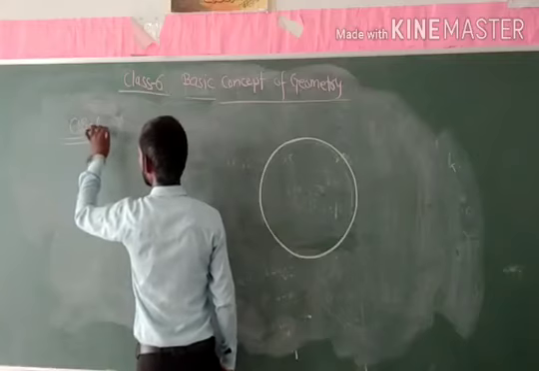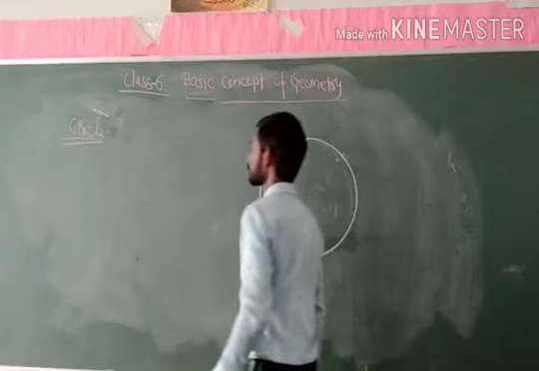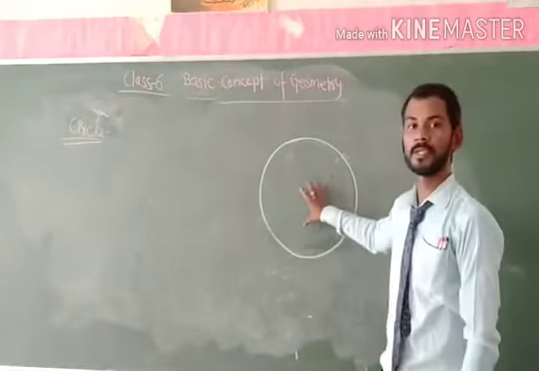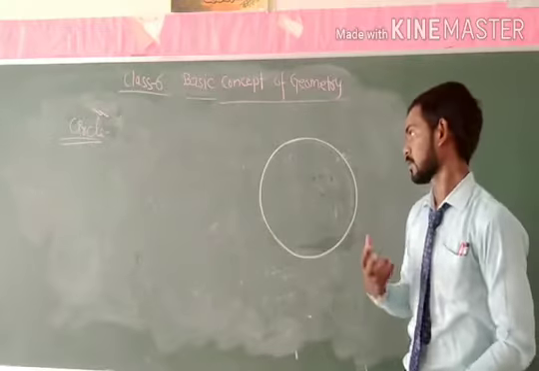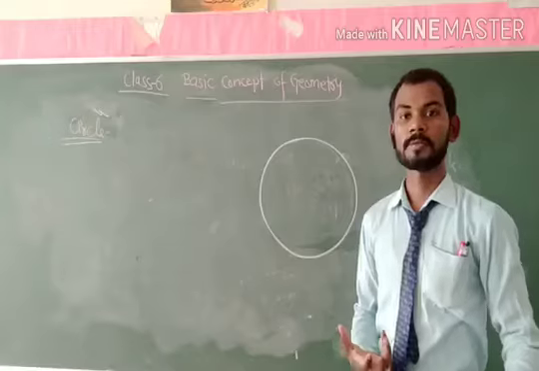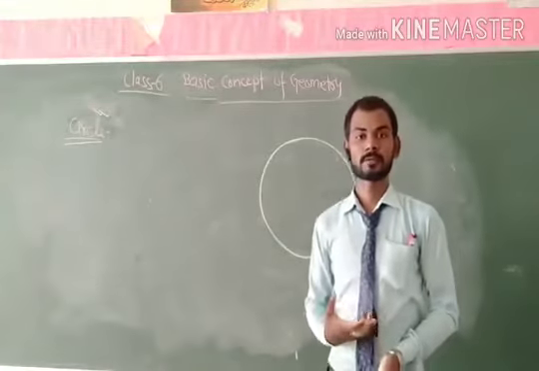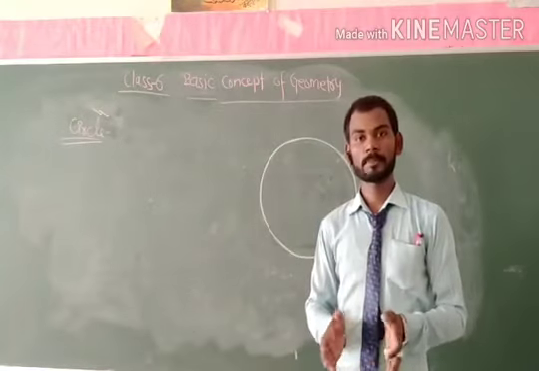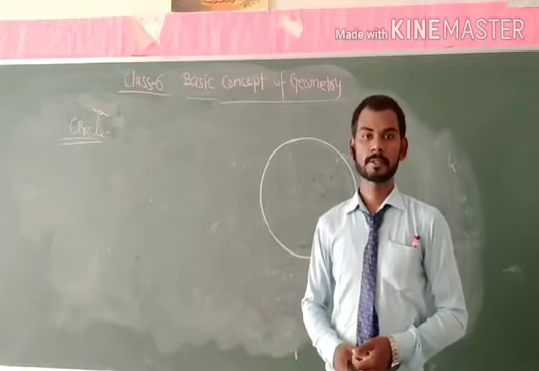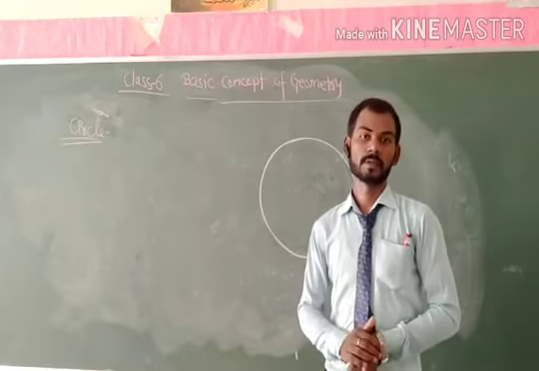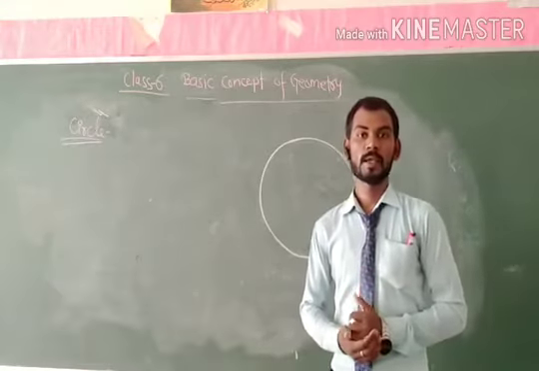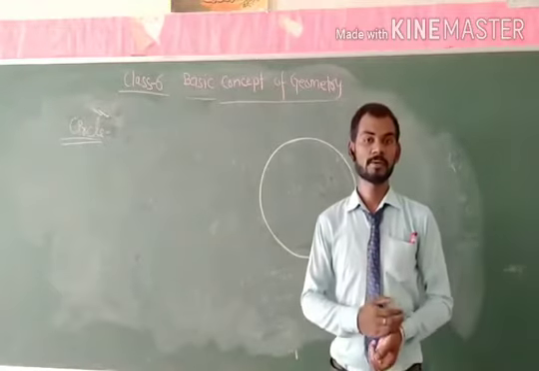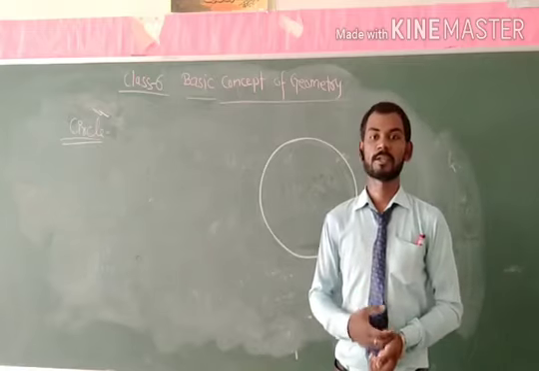We have to discuss here circle. As you can see in the figure, this figure represents a circle. But here we have to know what the circle is. Just take a glass and put it on a paper sheet and trace its boundary. After removing the glass, you will get a figure. Then the traced figure is known as a circle.